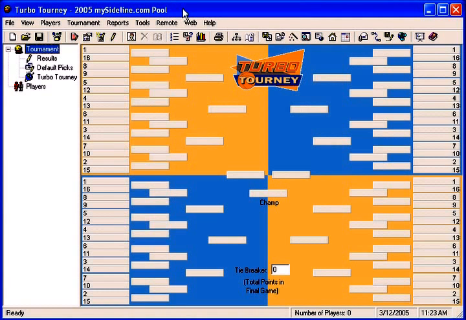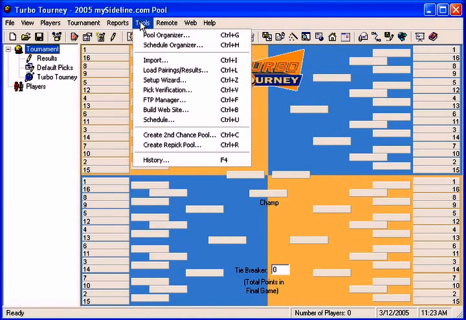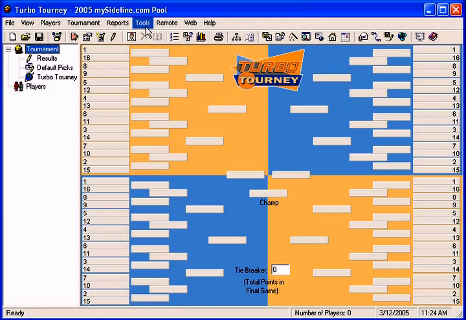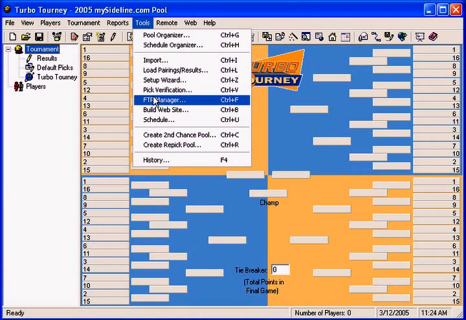So now that we have the Internet Add-on purchased and we've configured the account information, we can now go ahead and start configuring our pool to use the Internet Add-on. And to do that, we start with the FTP Manager. So I just select the Tools menu, the FTP Manager,